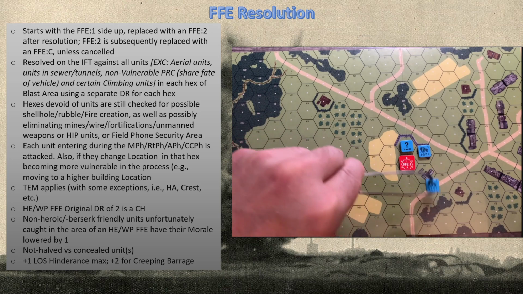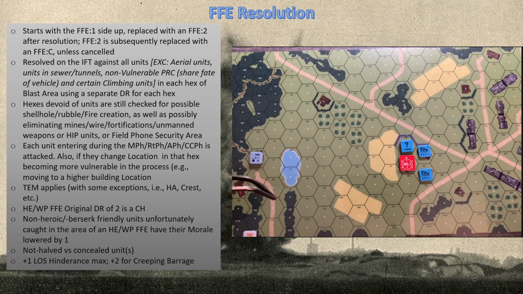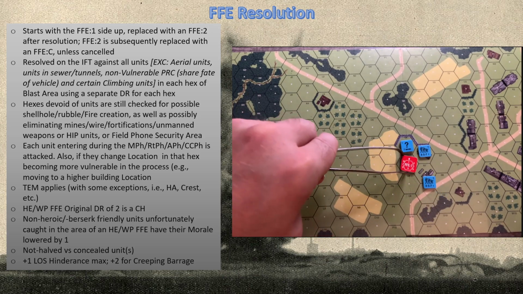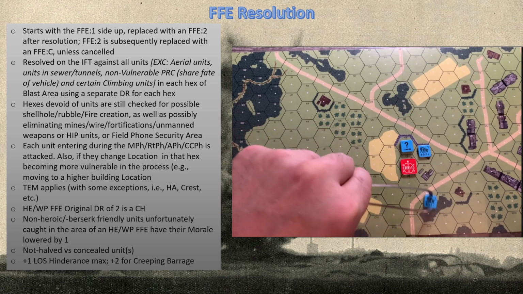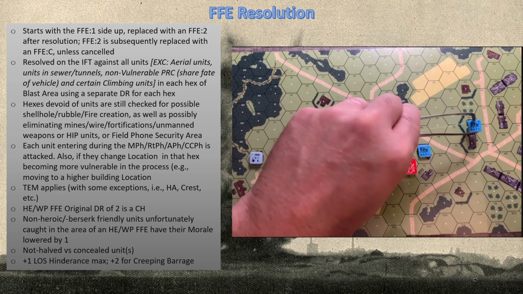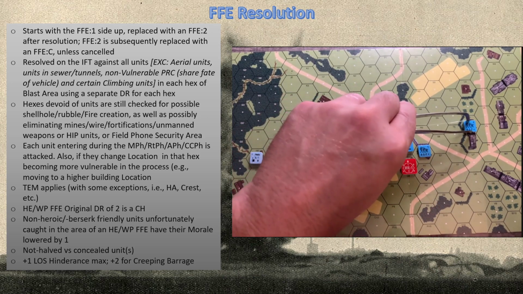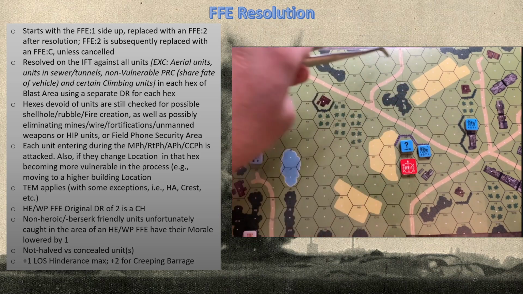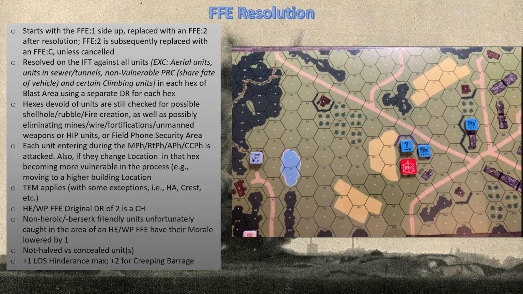Any unit that enters into an FFE must be attacked, or if you change location, unless you're becoming less vulnerable. So, for example, let's say this row house here had a cellar, cellars were in play. If this unit's in the cellar, comes up to the ground level, and an FFE is in place, he would be attacked. However, if he's on the first level and he descends into the cellar, he's getting better terrain, he